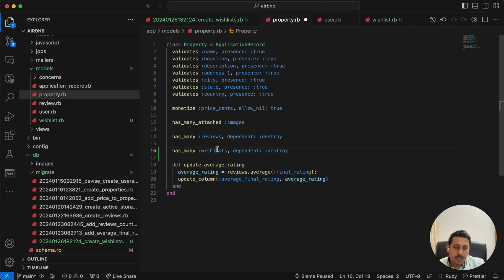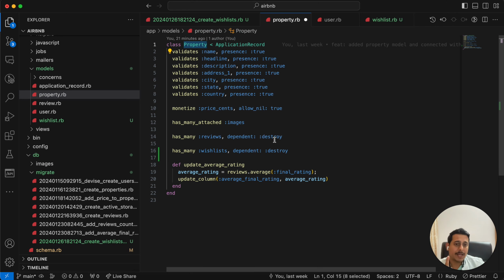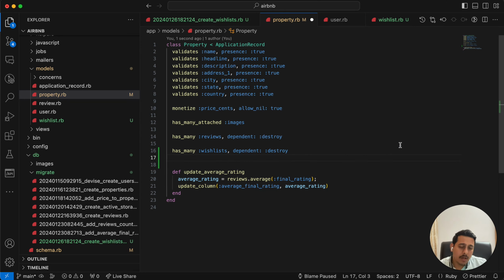So this first part means that it has many wish lists, which is correct. A property can have many users who wish list this. So that's one. And second, dependent destroy means that if this property gets deleted or destroyed, all the entries in the wishlist table will also get deleted because we don't need them anymore, right? Along with that,